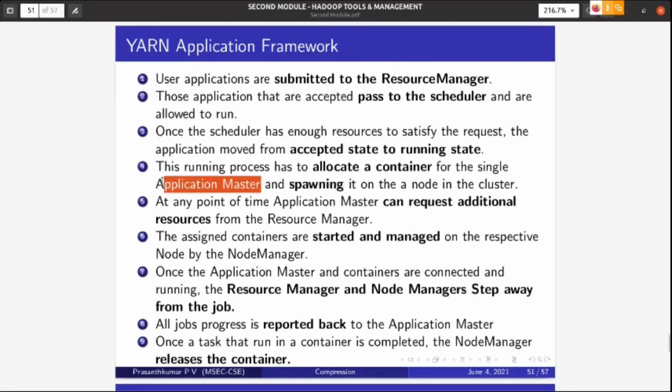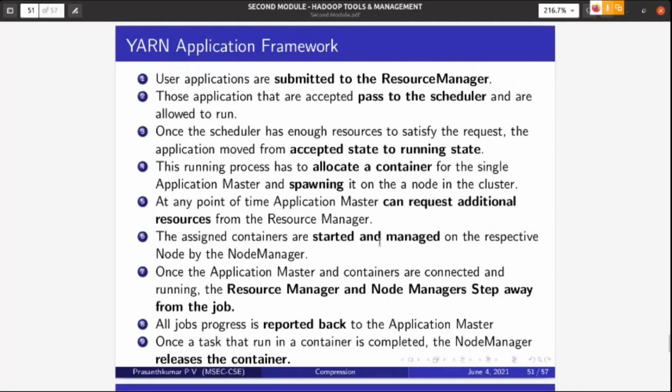At any point of time, while processing the application, if more resources are required, the application master can request them from the resource manager, and the resource manager will allocate them if available.